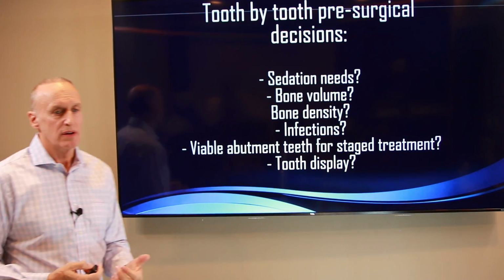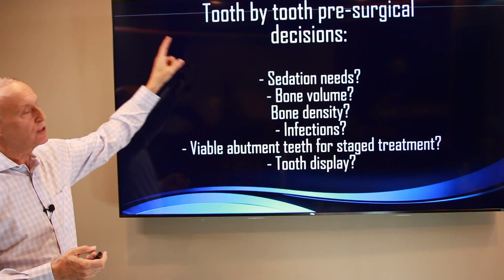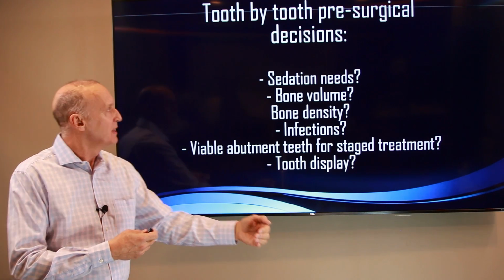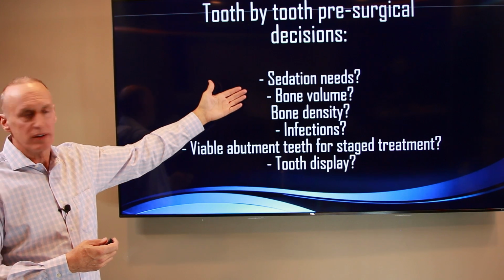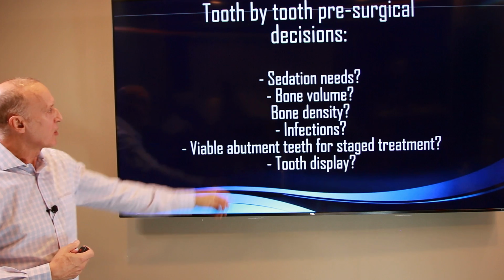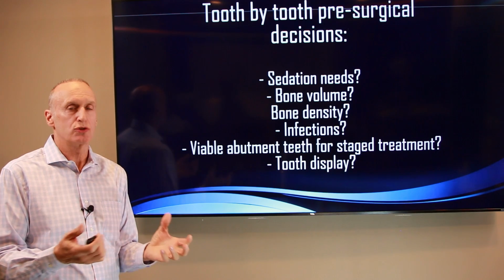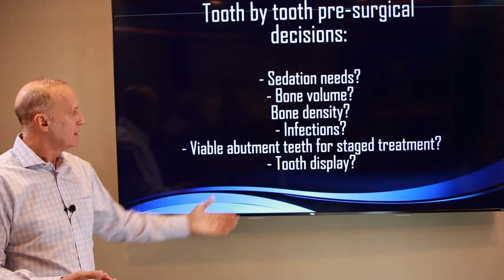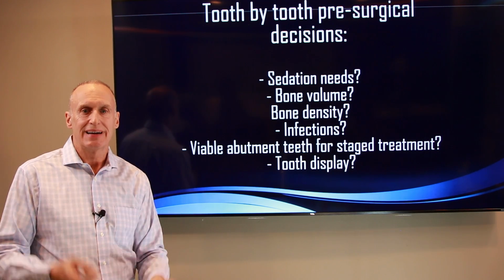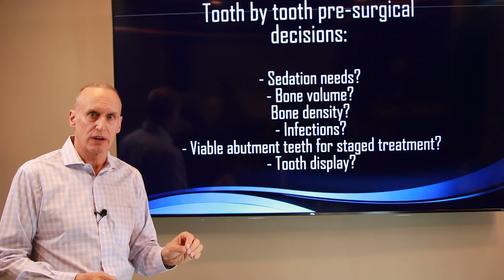And like I said earlier, during the diagnostic phase and the treatment planning phase, we're making tooth by tooth pre-surgical decisions that have to translate into the surgical decision. But how much sedation is appropriate for that patient? How much bone volume do they have? What is their general bone density? Are any of the teeth infected? Are there any teeth that are good enough to serve us short term to hold the first temporary? How much tooth is going to be shown when the patient smiles? There are literally dozens, if not hundreds of decisions that need to be made when you're doing custom implant reconstructions,